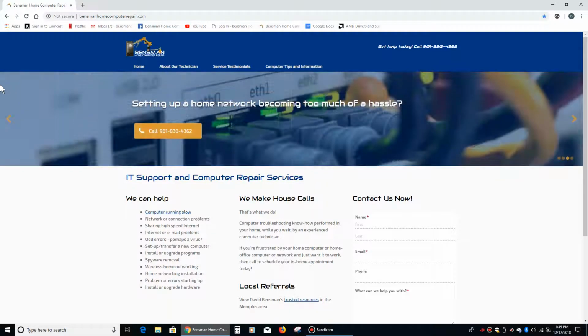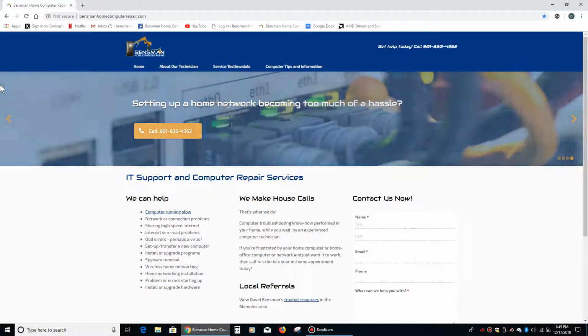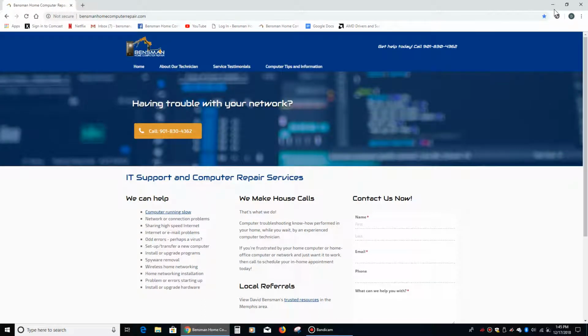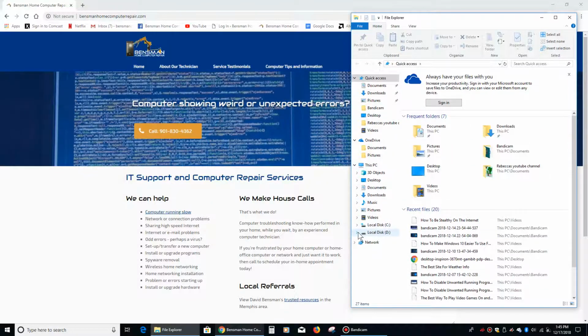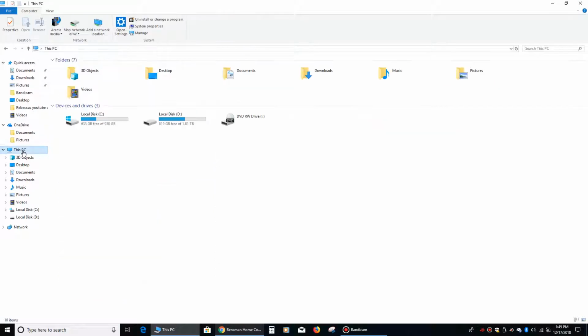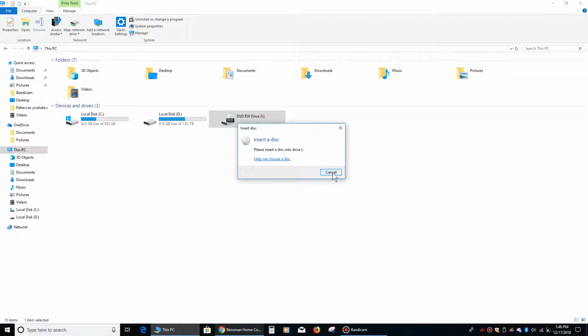And it should recognize it right about there. Okay, so now we can see that I have a DVD-ROM drive right there. There's nothing in it, but as soon as I double clicked it, it opened the drive and is asking for a disk. We're not going to put a disk in there just yet because before we get our music